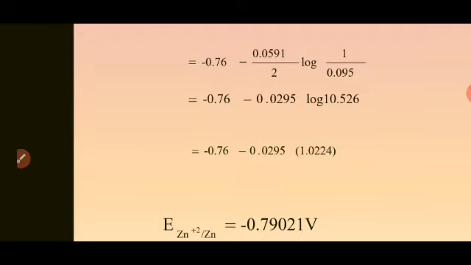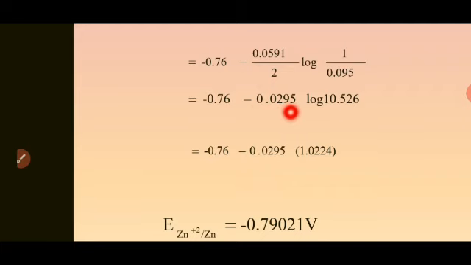Here M raised to plus n is the concentration of metal ion. When it is written in square bracket, it is always taken as concentration in molar. So here it is given 0.095. So by substituting all these values, we can find out the value of E cell, that is electrode potential of zinc electrode. So minus 0.76 minus this value, 0.0591 divided by 2, comes as